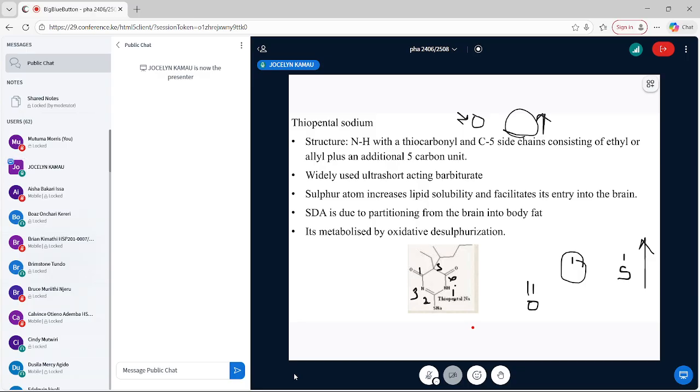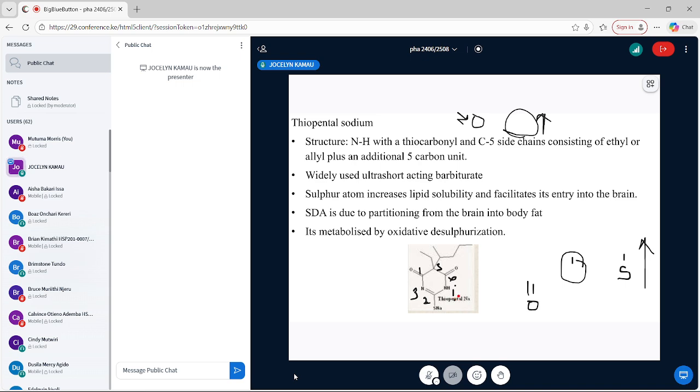But because of the very high lipid solubility, there is high redistribution, and therefore a very short duration of activity. So that is one factor we need to remember: because of the higher lipid solubility of sulfur compared to oxygen, the thiobarbiturates are classified as ultra short acting